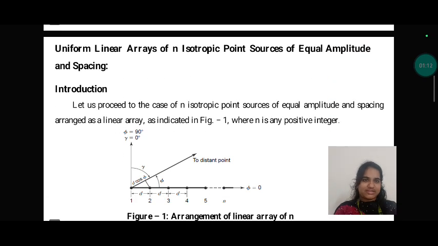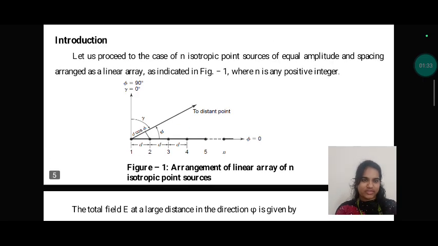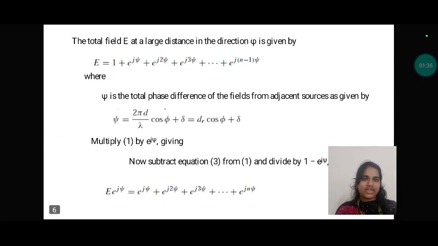The uniform linear array of isotropic point sources of equal amplitude and spacing. Let us proceed with the case of isotropic point sources of equal amplitude and spacing arranged in a linear array, as in figure 1, where n is any positive integer. The total field E at large distances in the direction psi is given by E = 1 + e^(jψ) + e^(j2ψ) + e^(j3ψ) + ... + e^(j(n-1)ψ), where psi is the total phase